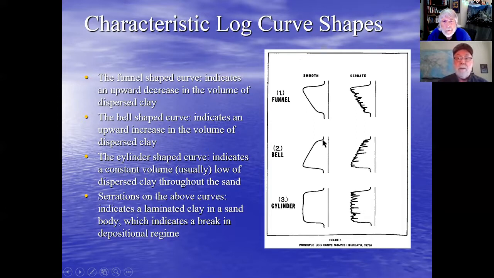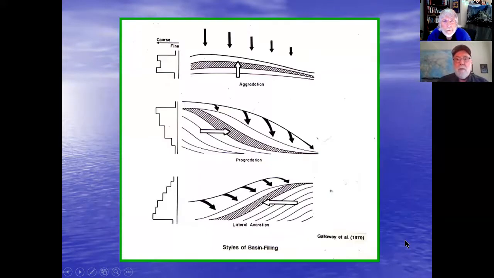And then the cylinder is uniform deposition from the very bottom to the top or top to bottom, either way. So that process, or those shapes, are indicative of process. So if we go to the next slide, what we'll see is that in the case of the lowermost example,